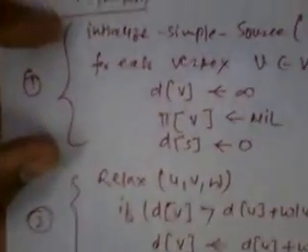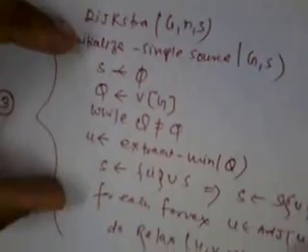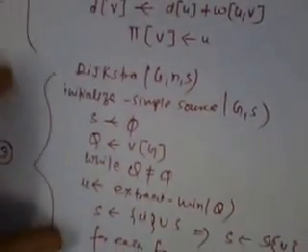I want to explain the Dijkstra algorithm, which is used for the shortest path problem, in which we have to find the shortest and minimum path from the source node to the destination node. Here is the Dijkstra algorithm, which has three parts. The first part is the initialization part, the second part is the relax recursive part, and the third part is the main Dijkstra algorithm part, which is used to relax.